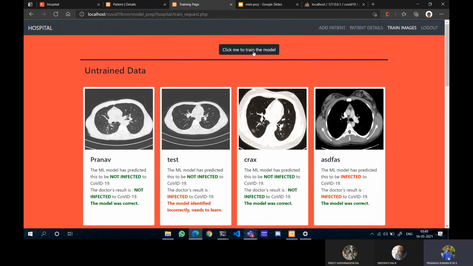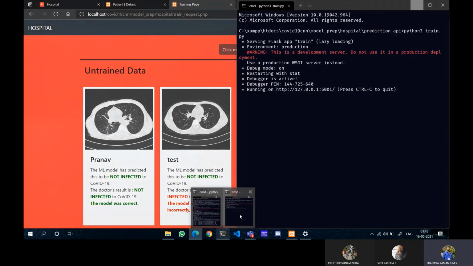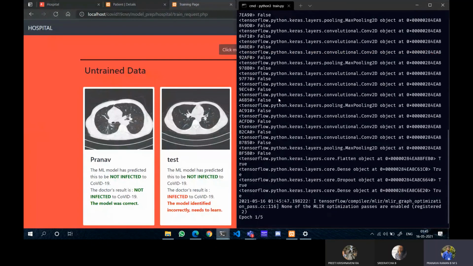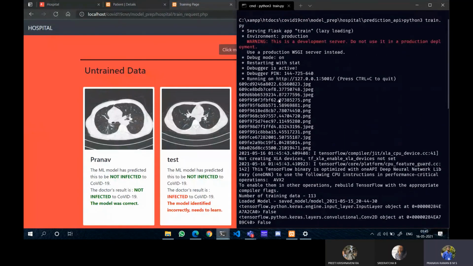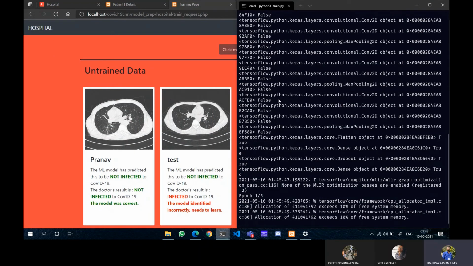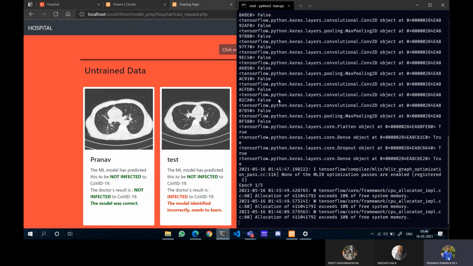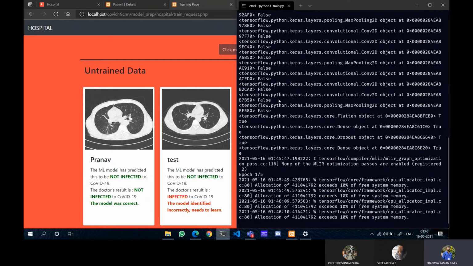So once I click this button, it creates an API request to the train.py section. These images get added to the dataset, and along with this, a set of images from the previous dataset gets added to these images. It starts the model training with all those images, and it runs a certain number of epochs.